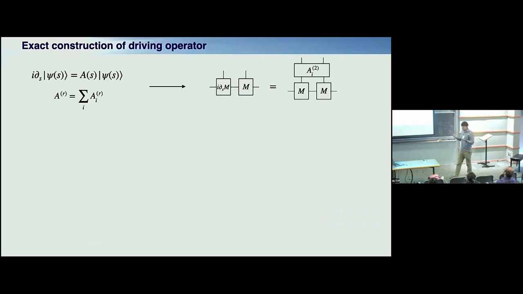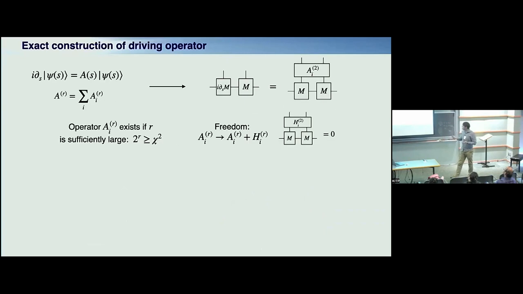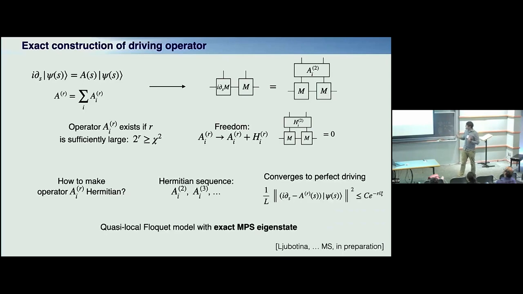And this operator exists. Is this related to parent Hamiltonians? It can be found. It also has a gauge freedom. It can be deformed by any parent Hamiltonian, because adding a parent Hamiltonian here just does nothing to my MPS. And then the only issue, in the details, is to make this operator Hermitian. And again, we've been suffering for quite some time over how to make operators that solve this Hermitian, because in physics we do Hermitian operators. But it turns out that we can construct a Hermitian sequence of operators of increasing range, and each of these operators is Hermitian, and we have the bound that with range, the leakage, or the quality of our driving, decreases exponentially.